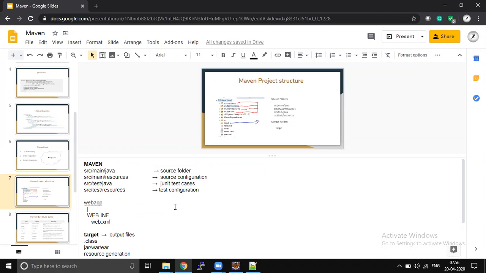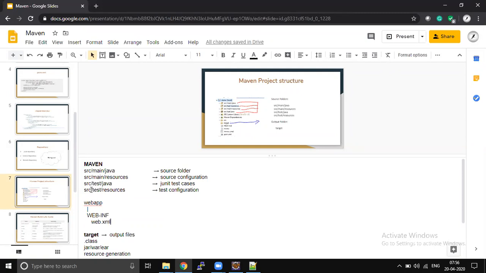Okay, so if you create any web application, then for that you need to select the web app archetype. For example, the Apache web app archetype, but now it is almost deprecated. Now everybody is using Java for services, not for web application development, right? So that is the reason why web app creation has become almost deprecated. Okay, so every time you create any Java project, make sure all these folders are present.